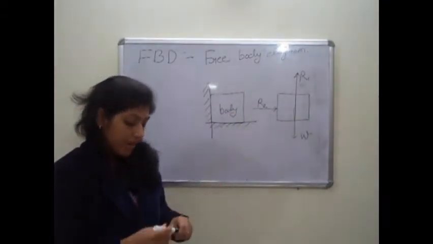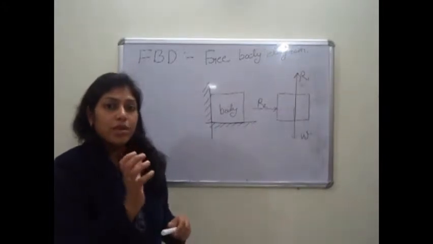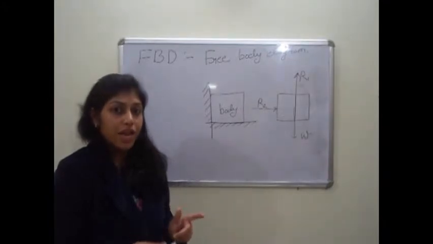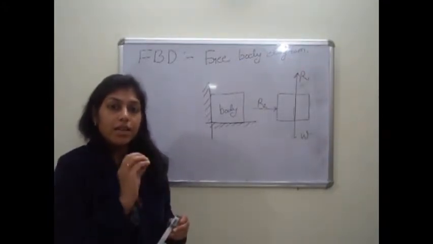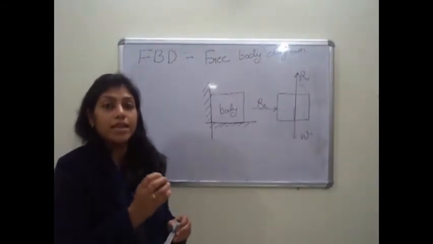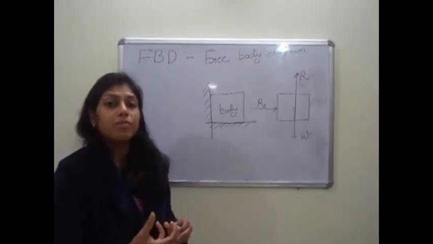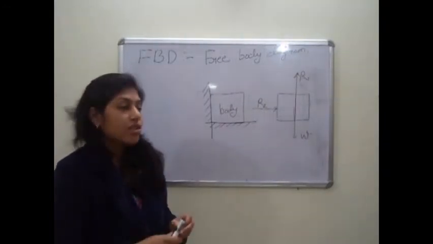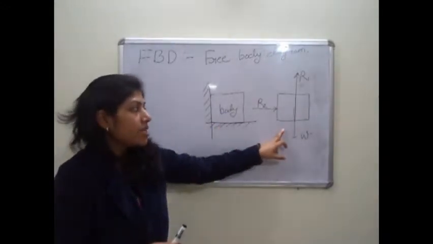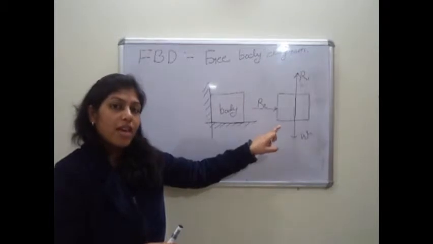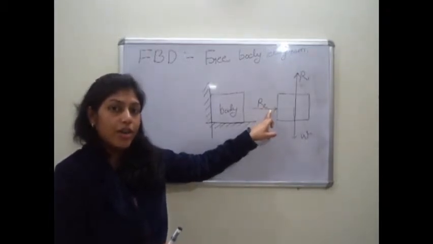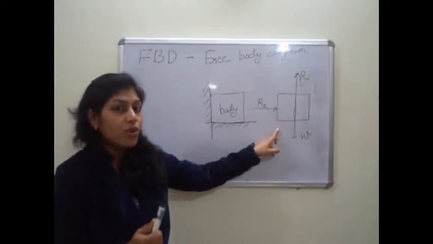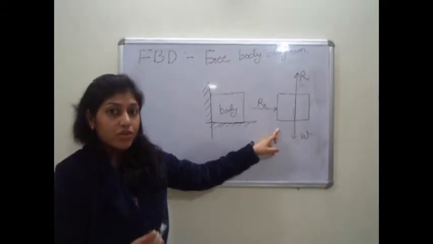So in a free body diagram, if the body is supported at different points, those supports should be replaced by reactions. Whether it is a wall, a floor, or a hinge, any kind of support is replaced by reactions. The diagram made of externally applied forces, the self weight of the body, and the reactions at the points of contact is called a free body diagram. With the help of this free body diagram, we can do the force analysis of any kind of structure.